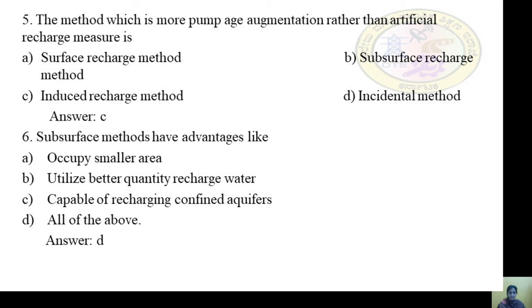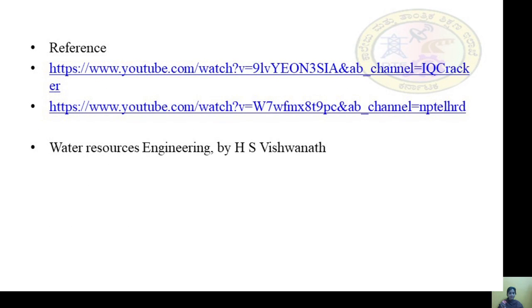Answer is C, induced recharge method. Subsurface methods have advantages like occupying smaller area, utilizing better quality recharge water, capable of recharging confined aquifers, all the above. Answer is all the above.